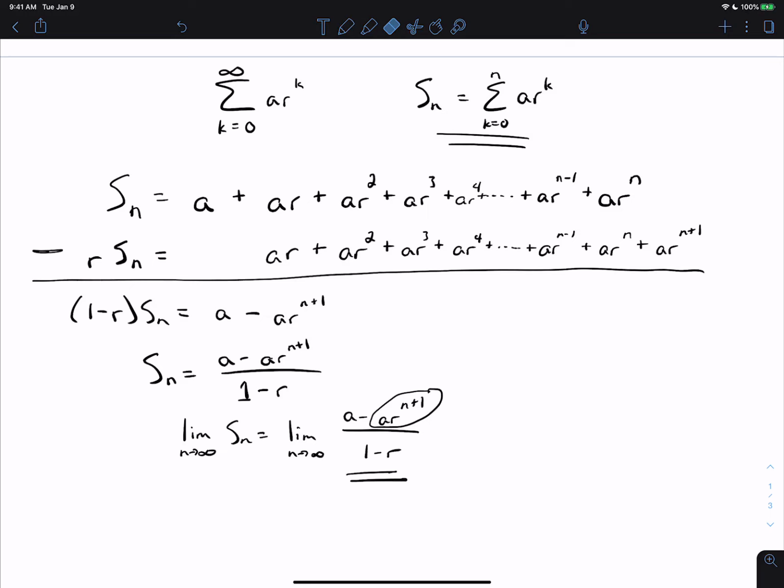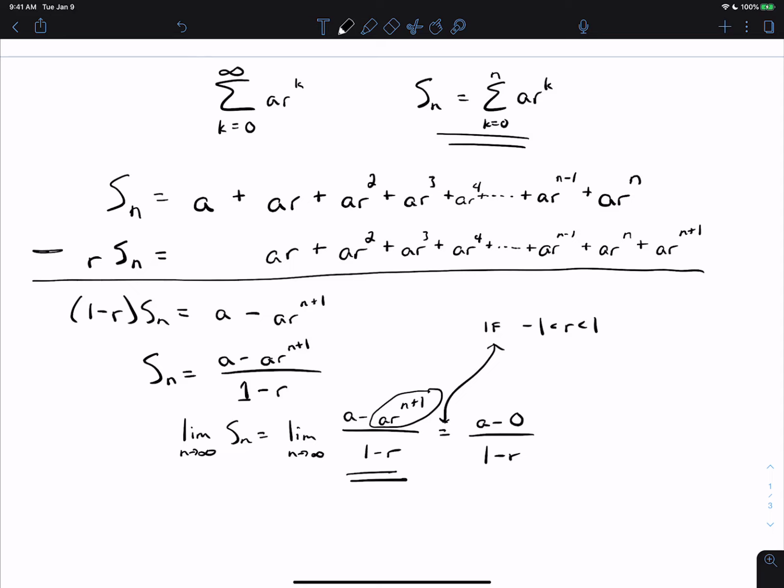So what happens is the thing I've circled goes to 0 if r is between -1 and 1. Then the circled part goes to 0. So this is equal to a minus 0 over 1 minus r if this is true. If r is outside of those values, ar to the n plus 1 goes to either infinity or negative infinity